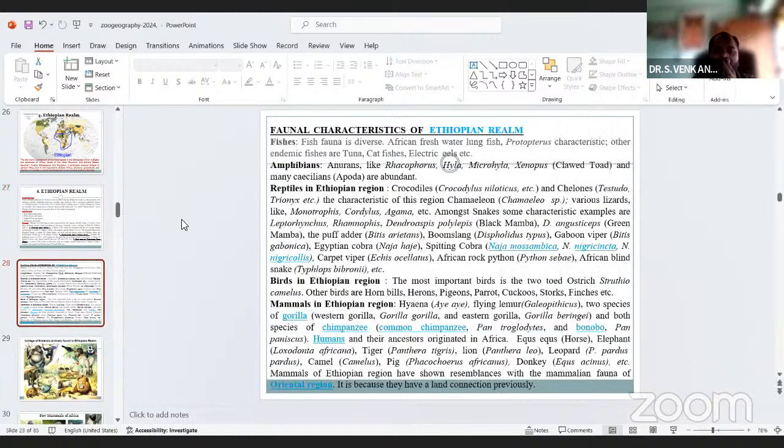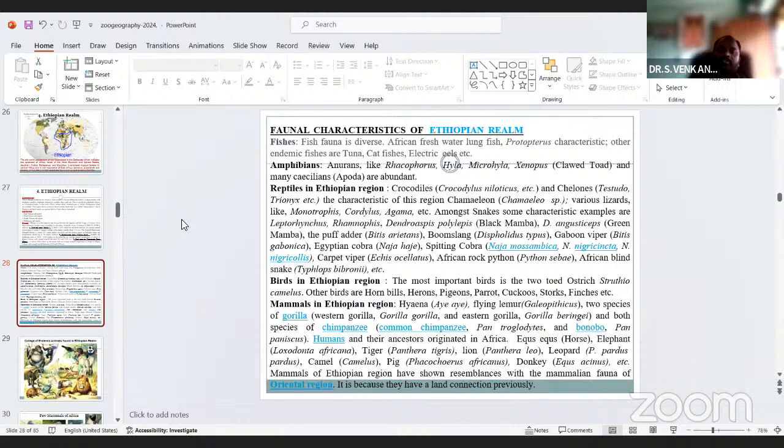See the faunal characteristics of the Ethiopian realm. The fishes are aquatic animals. The fish fauna is diverse: the African freshwater lungfish, Protopterus, characters. Other endemic fishes are tuna, catfish, and electric eel fish. So those are the fishes living in the Ethiopian regions.